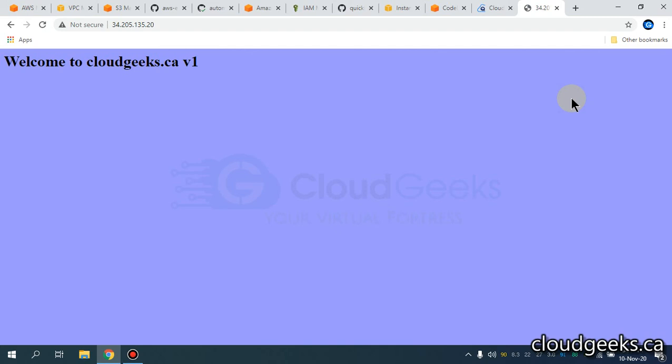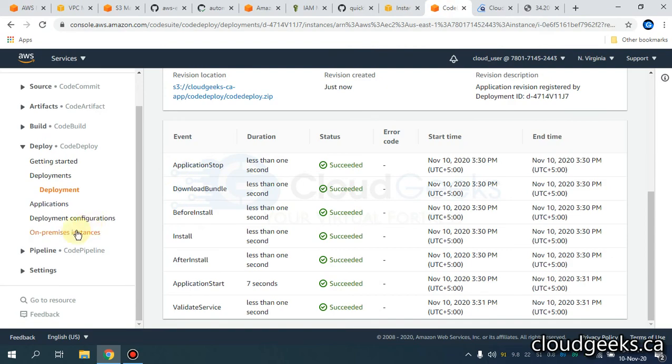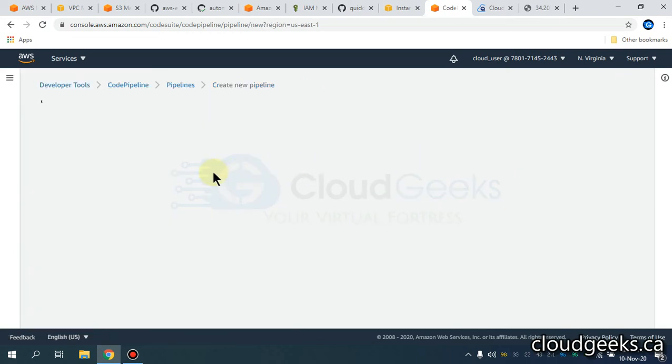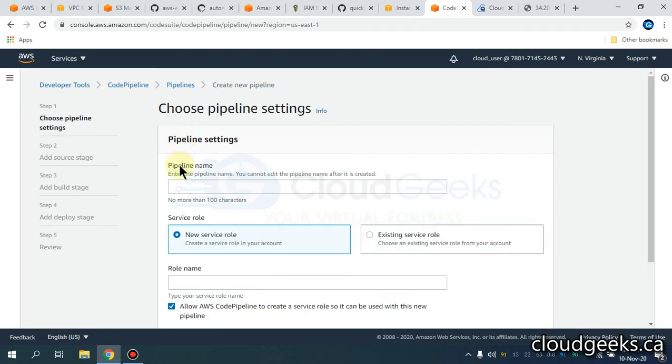is successfully deployed. Now what I'm going to show you is the CI/CD stuff, the automated deployment. I don't want to do it manually, so I'm going to create one pipeline. Navigate to the pipeline, click on the pipeline and create one pipeline here.